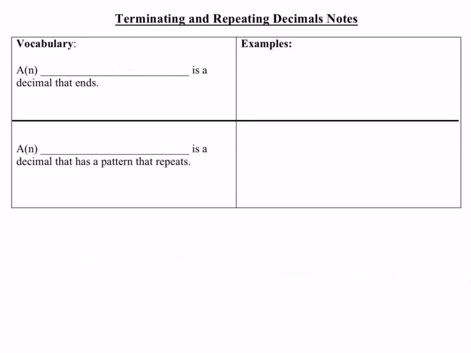Welcome back for a mini lesson on terminating and repeating decimals. A terminating decimal is a decimal that ends. Think about if you get terminated from a job, it means that you're not working there anymore. Some common fractions that hold this pattern are things like